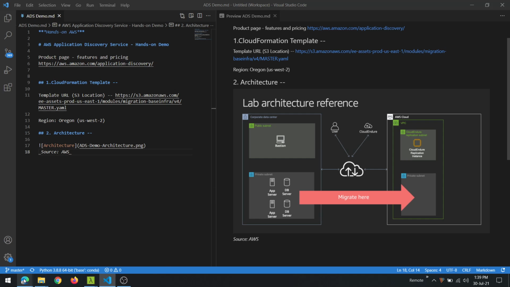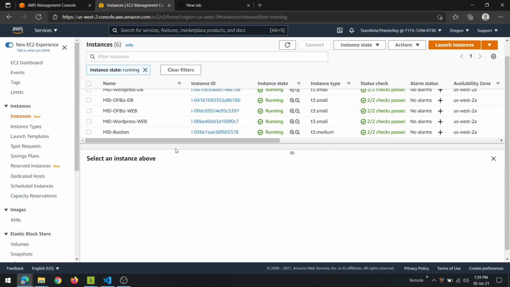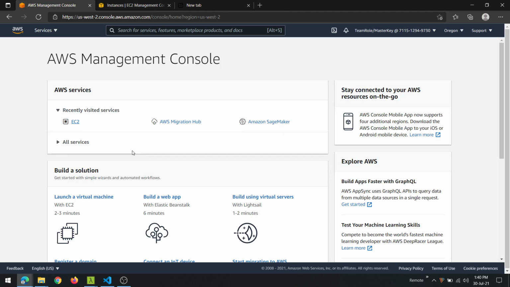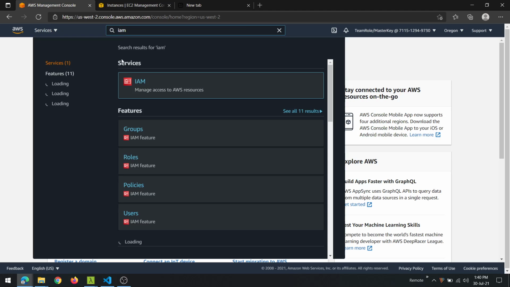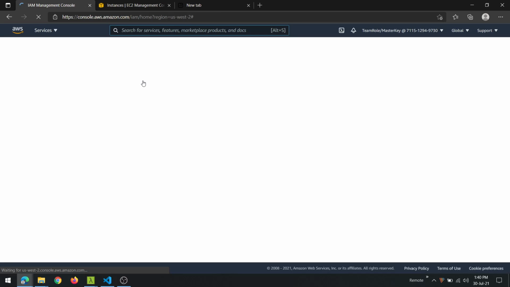So like I said, I have already used the CloudFormation template to bring up the lab infrastructure. So we have these EC2 instances ready. Most of these are those application and DB servers that are shown in the example reference architecture. One of the first things that we will do is jump into the IAM console, and there is a user automatically created called the ADS user.